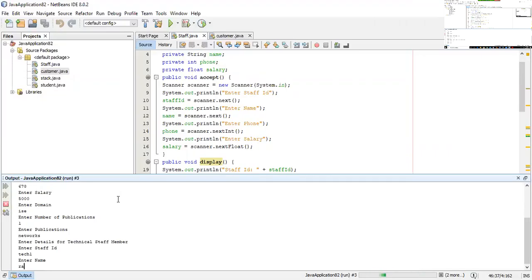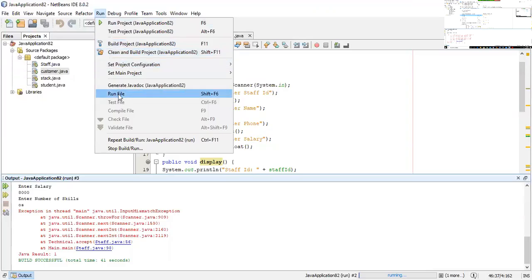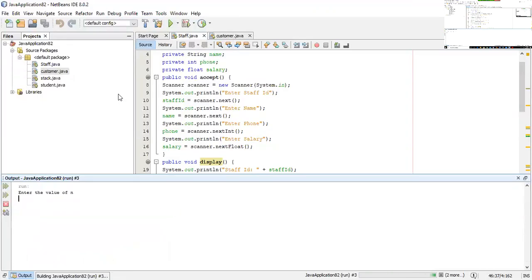Name is Ravi. Phone number, some phone number. Salary is, skills. He is installing OS. Oh, sorry. It is asking enter the number of skills. So first, sorry, here I am making a mistake. Enter the number of skills means how many skills he has. So we have to enter the total number of skills he has.